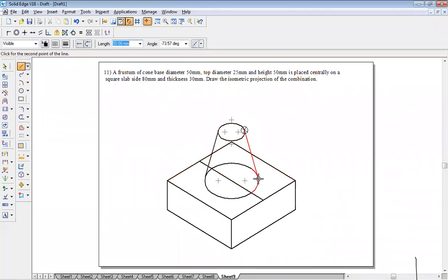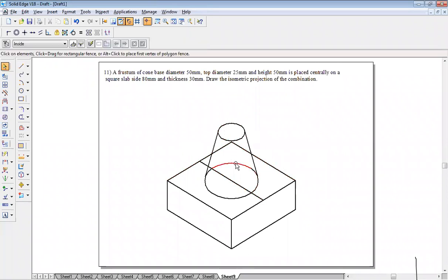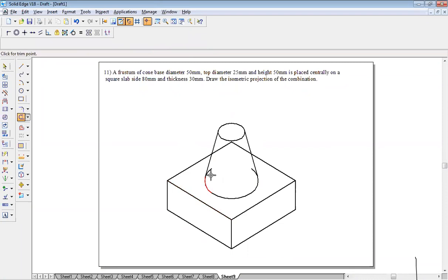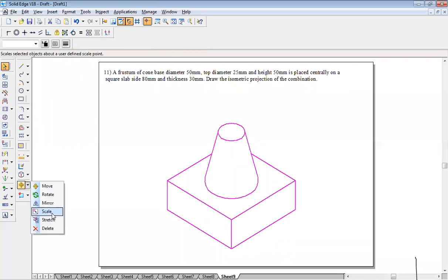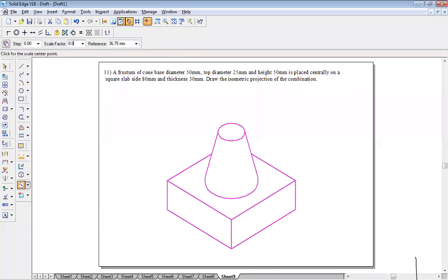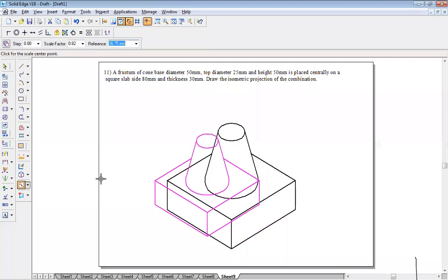From here, a tangent line to this line. Then delete all unwanted lines. Okay. Using trim, trim, trim, trim. That's all. This is a frustum of a cone placed on a square slab. You have to reduce the scale to 0.816. Select the entire thing, go to scale 0.816, enter.